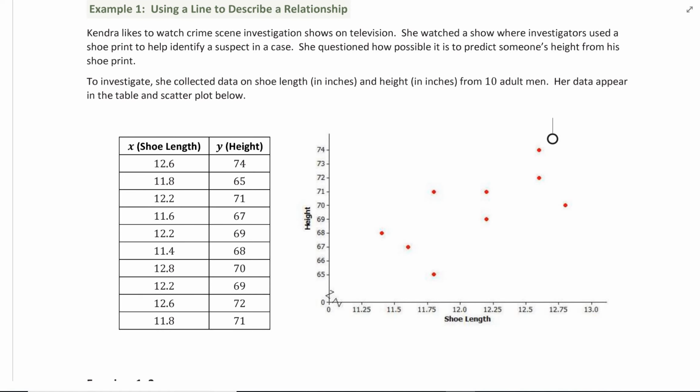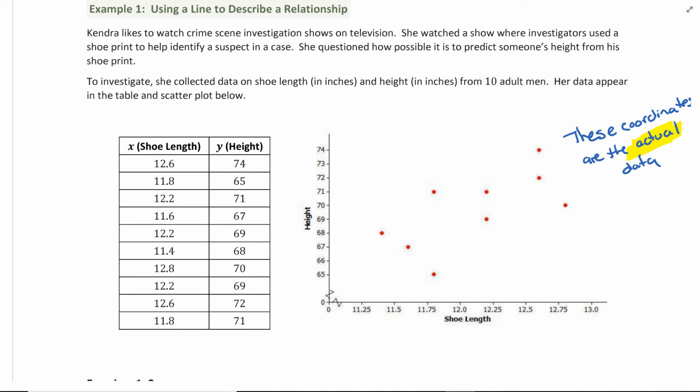So it says, example 1, using a line to describe a relationship. Basically what we have are shoe lengths and heights. So 10 people, their shoe length, and their height. Now this is the actual data. Alright? One thing I want to make clear throughout this lesson is these coordinates. So these coordinates are the actual data. And the term actual is really what I'm focusing in on. And that's going to be more important later on, but just make sure you understand that these coordinates are the